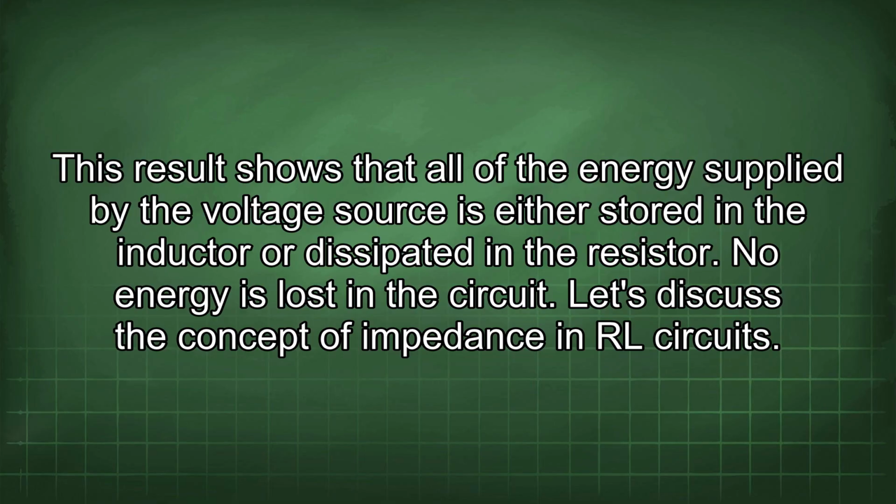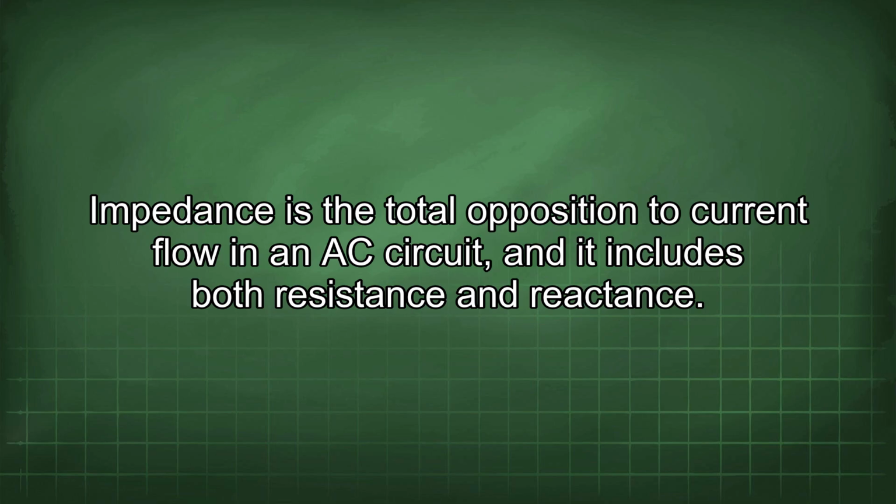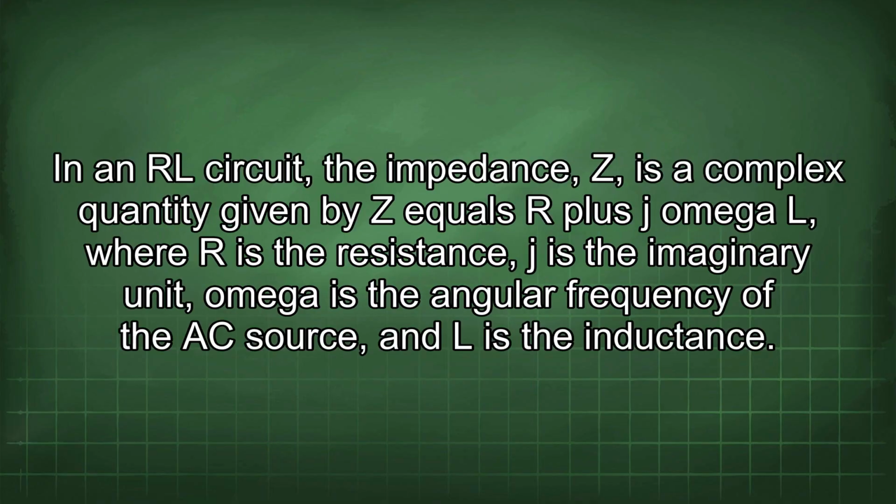Let's discuss the concept of impedance in RL circuits. Impedance is the total opposition to current flow in an AC circuit, and it includes both resistance and reactance. In an RL circuit, the impedance Z is a complex quantity given by Z equals R plus j omega L, where R is the resistance, j is the imaginary unit, omega is the angular frequency of the AC source, and